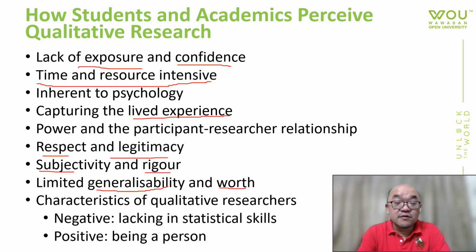Okay, now in terms of qualitative researchers, people do agree on their general characteristics. The negative is that it seems people believe that they lack statistics skills. That's why they want to do this. Like, oh, you want to do this simply because you're not good at statistics. You just want to run away from stats. Yeah. But the positive is that it gives them a feeling of being more human, being an actual person, compared to quantitative researchers. They seem to be quite clinical and like a robot. Yeah, everything is rigorous, everything is fixed. Yeah, they do seem more like a person. Okay, so that's the perception of students and academics on qualitative research and qualitative researchers.